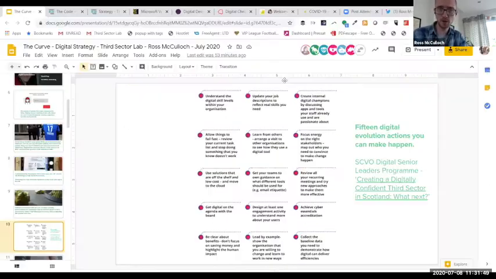Okay, I'm going to pause there for a wee second to catch my breath. What I'd like to do is just quickly open up for some questions before we move on to the next slide. We're going to talk about some of those key areas like leadership and culture, using data as a decision-making tool, where service design needs to underpin what you're doing. But just very quickly before we move on, any questions about what we've talked about so far from the room? You can either jump in, use the video, or you can put them in the chat. You need to ask a question so that I can breathe.